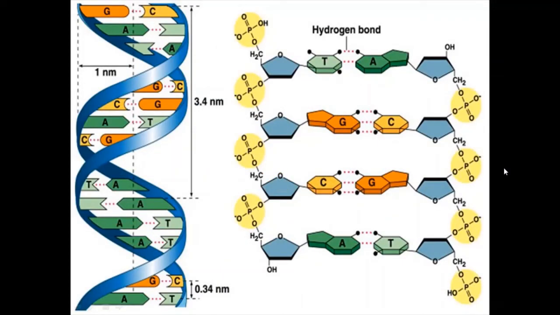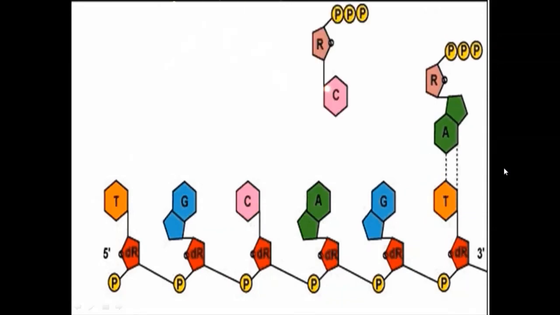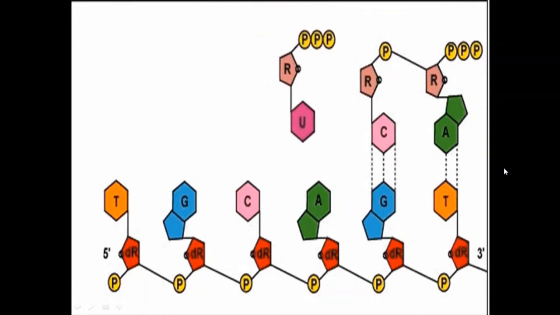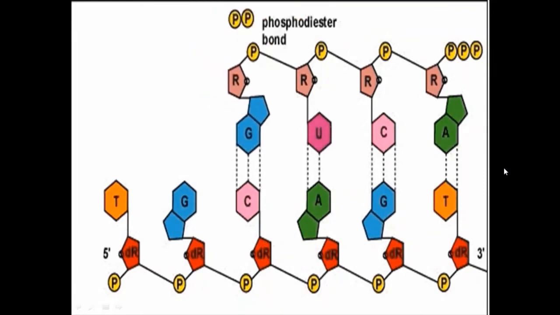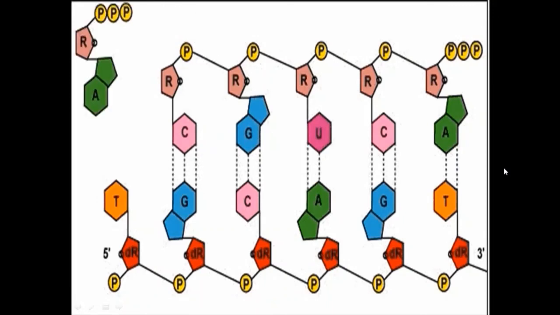The two strands of DNA are coiled right-handedly to form a double helix. The two strands are held together by hydrogen bonds between purine and pyrimidine bases of opposite strands. Pairing of bases is highly specific. Adenine always pairs with thymine and guanine with cytosine. There are two hydrogen bonds between A and T and three hydrogen bonds between G and C.